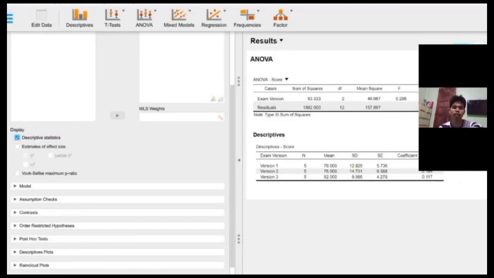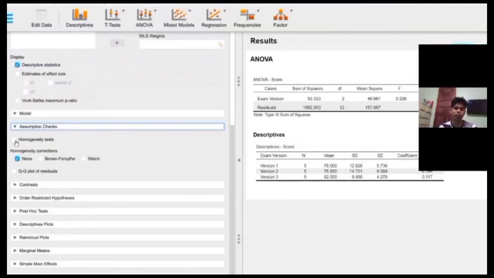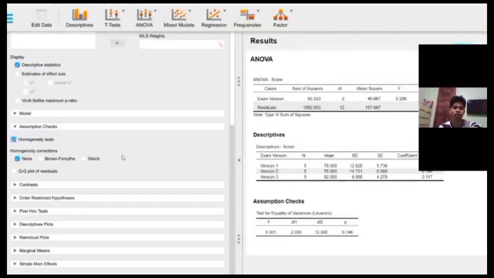Students, please be reminded that in order for you to check the Kruskal-Wallis, go to non-parametric so you can get this one. Again, let's go through the steps so that we will have again ANOVA. Put your independent variable and check for your fixed factor, then check for your descriptives. Directly go to your assumption check and check for your homogeneity so that you can get your assumption checks. Use the test of variances, and lastly go to the lowest part, then go to the non-parametric, and you can have your Kruskal-Wallis by putting your data on the right side.